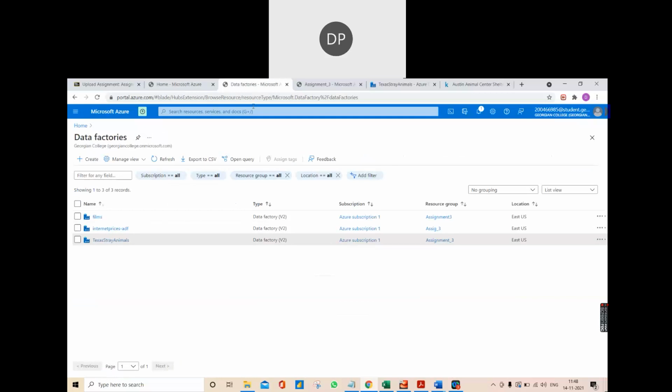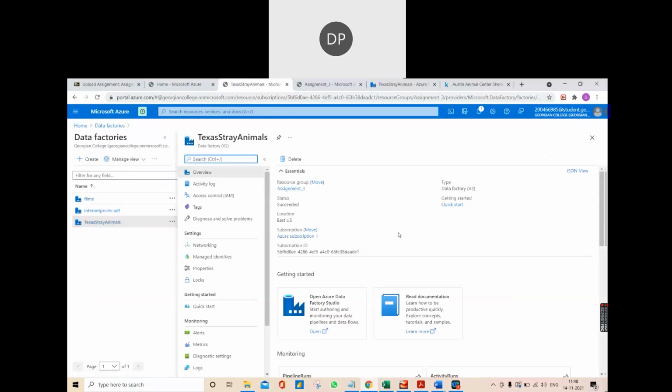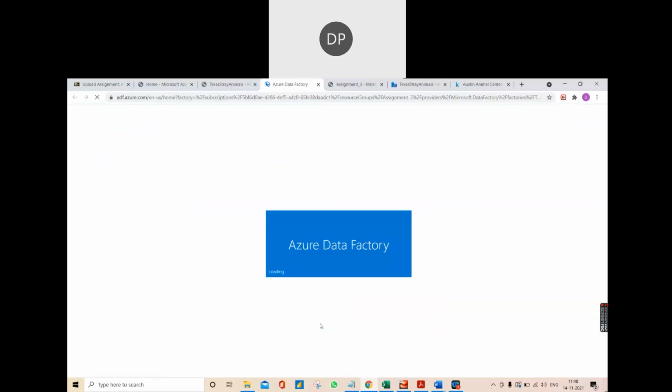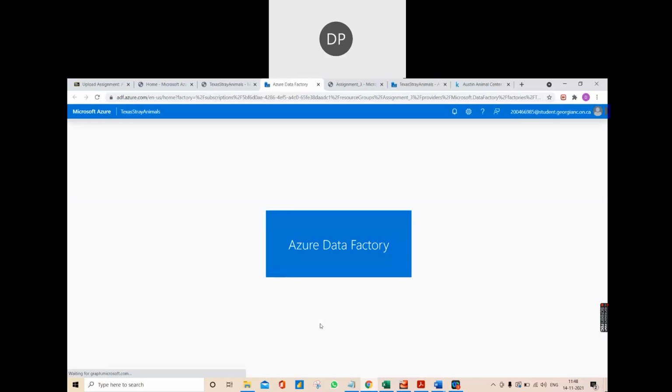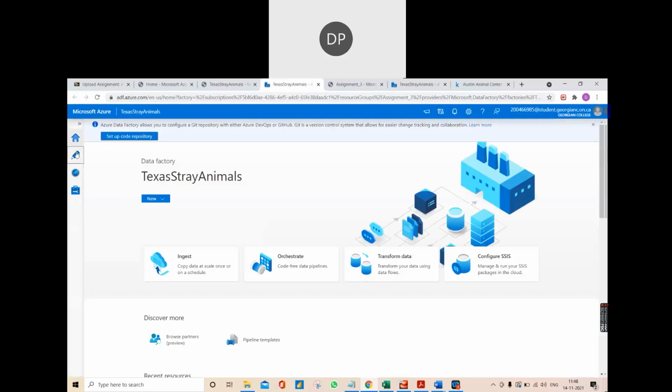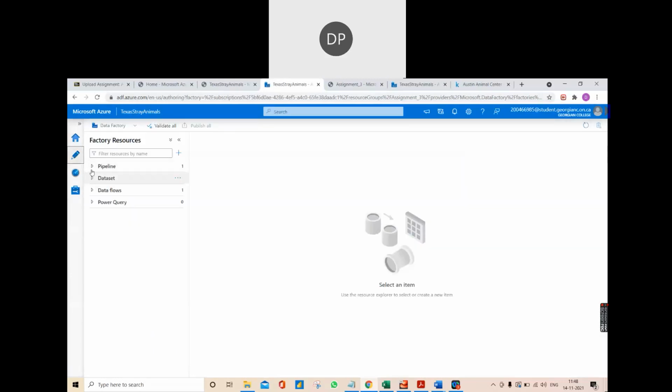Going over to the data factories, after creating the resource group, we created a data factory under the resource group assignment 3. This is the main overview of our data factory, Texas stray animals. Moving to Open Azure Data Factory Studio. Upon successfully creating a data factory, the first thing that we did was create a pipeline.